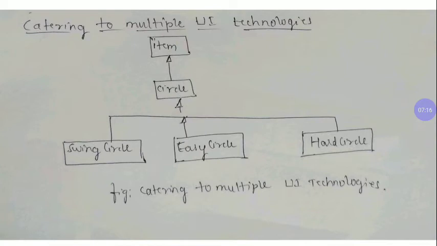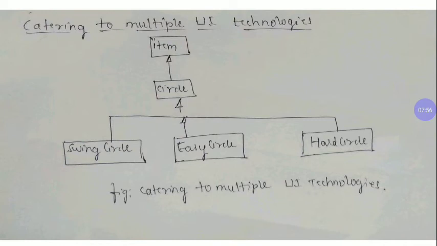In order to have a UI, that is a user interface, we are going to have the methods. Swing is just one package for drawing, and before that we used the AWT kit, the Abstract Windowing Toolkit package available for Java programmers, by which we draw the elements on the selected area. It is a toolkit. Let us assume that we have two new toolkits available, hard UI and easy UI.